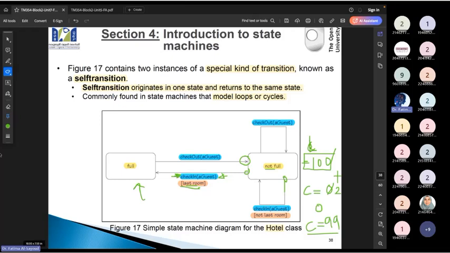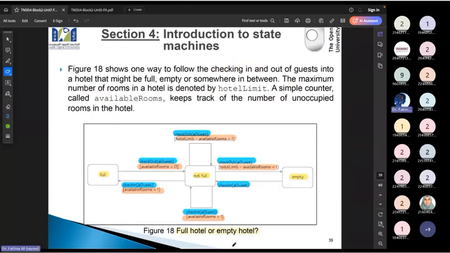No. Now let's assume I only have 3 rooms reserved. And someone check out, so it will be 2 reserved. So it was not full and it becomes not full again. ما تغيرت الستاتس تبعها. So we're having a loop. What we call this is a self transition. It is coming from the same status and it doesn't change it. Like in reality, we can add 1 more status which is not full and empty. الفندق إما يكون فاضي مليان ولا مش فاضي.